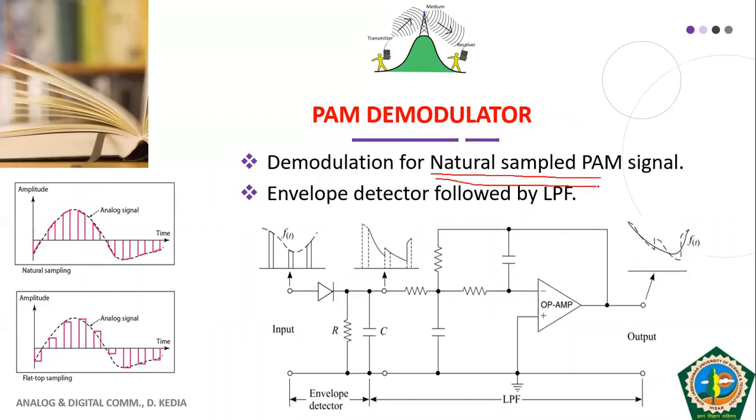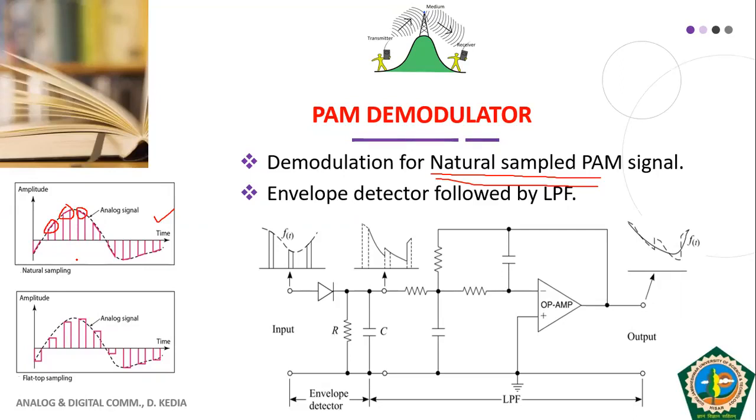Okay, so if you carefully observe the naturally sampled PAM signal, which has been shown on the left hand side of the slide, the top of the pulses takes the shape of the modulating signal itself. Okay, so in case of a naturally sampled PAM signal, our modulating signal is present in the top of the pulses, the way we had our modulating signal present in the carrier in case of amplitude modulation. Okay, so there is no deliberate distortion present in the naturally sampled PAM signal.